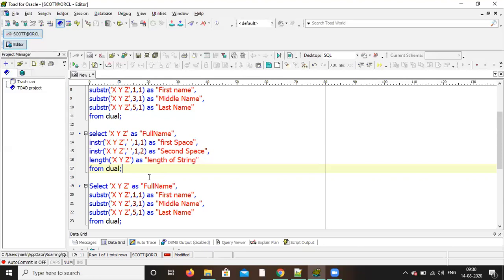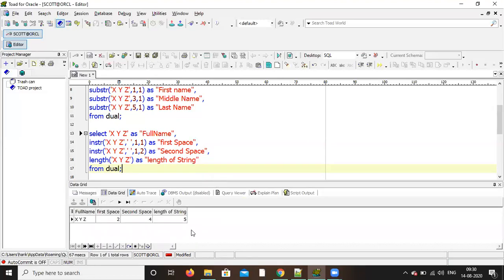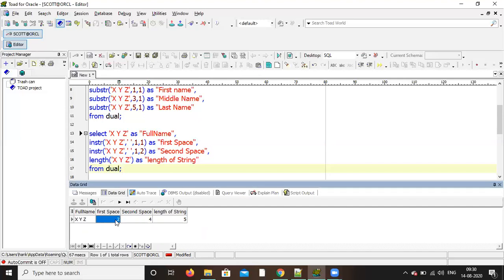Now run that first space query. So you will get the first space as 2, but we want 1, right? Now here you give -1.